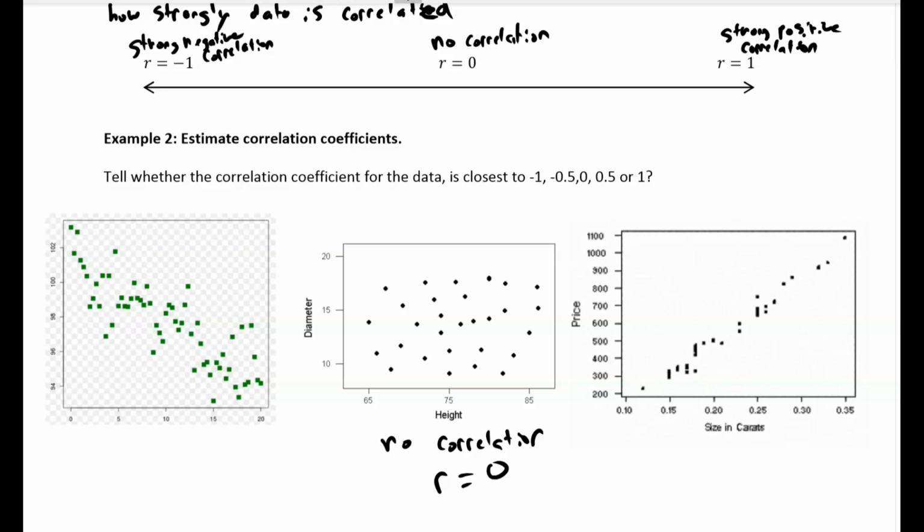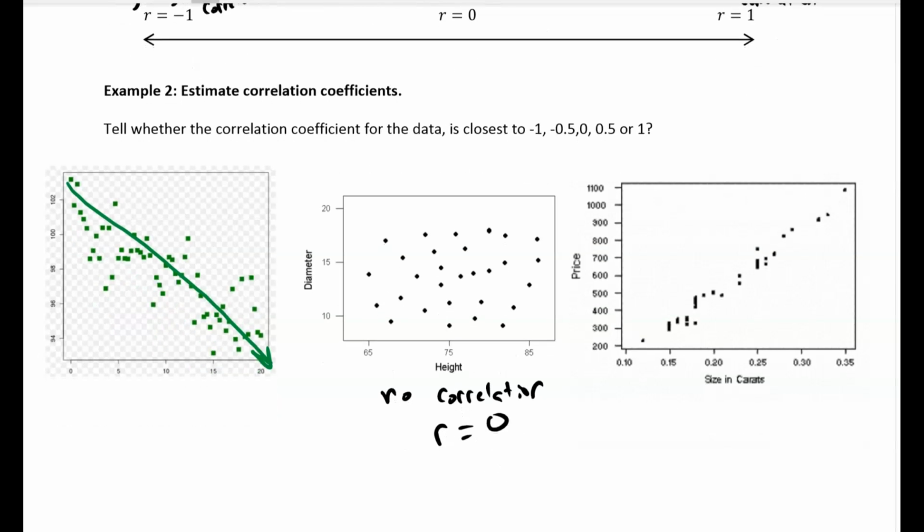This one on the left, it seems as my X values increase, my Y values decrease. If I were to draw a line to approximate this, it would be a negative line. Now, those dots hover above and below that line I've just drawn arbitrarily. So I wouldn't say it's strongly correlated, but it is negatively correlated, right? There seems to be negative correlation, but not really strong. It's not exactly in a line. So I would say this has somewhat negative correlation,